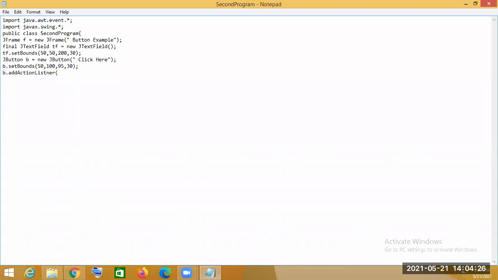And as a parameter, what do we have to pass? Here we will pass the action listener class object. That means new ActionListener.